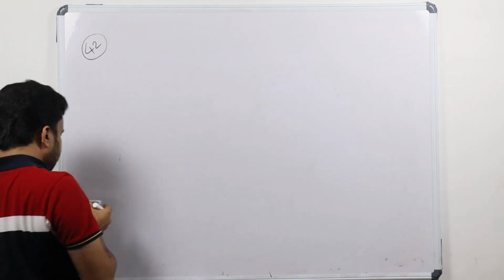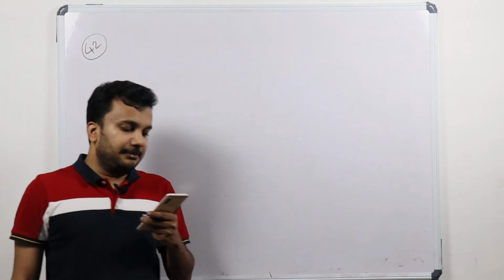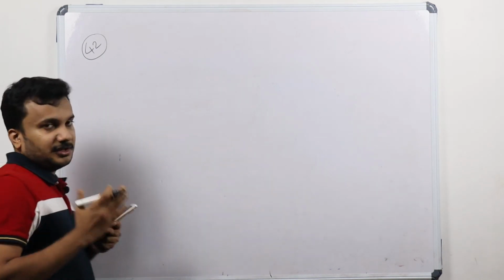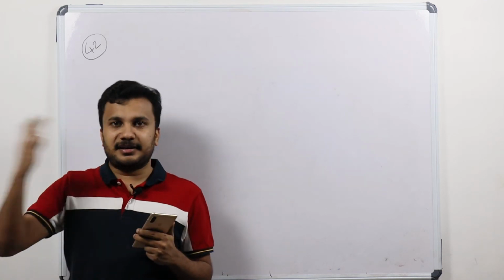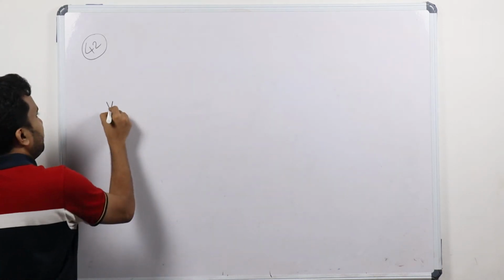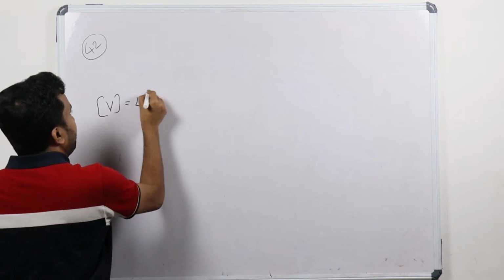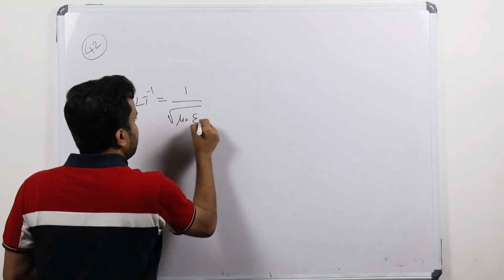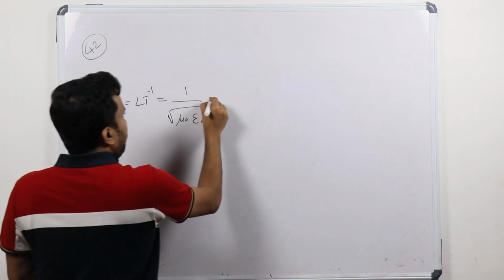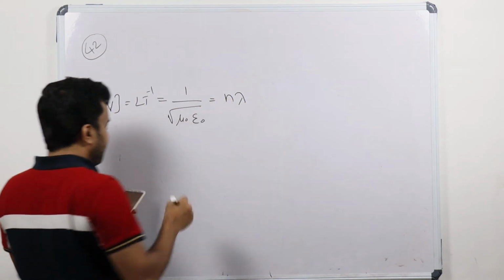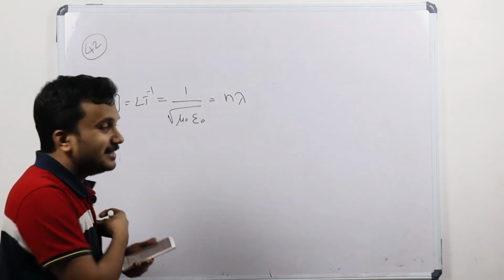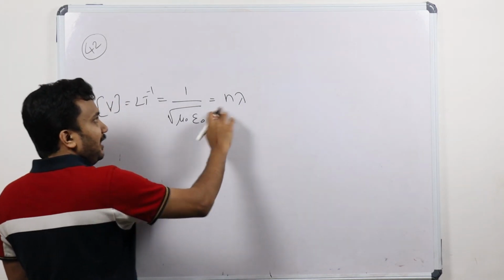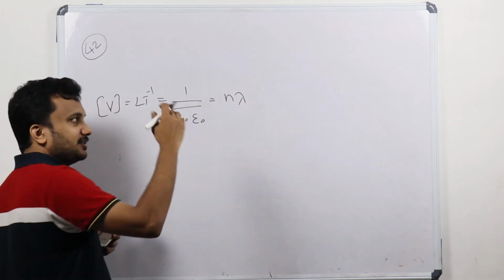(42). Which of the following do not have the same dimension formula as that of velocity? This is one of the important thing you have to remember. This also you will learn it in first year end and second year chapters and all. Velocity in the dimension formula, we know LT power minus 1. The same dimension formula is holding by root of mu 0 into epsilon 0. And one is called frequency into wavelength. There it is written L. It is not L, it is lambda. It's a printing mistake only. So lambda, n lambda means frequency into wavelength is called velocity.